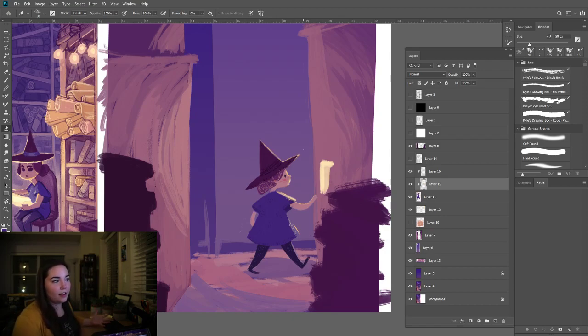Like this can take a day or it could be years of buildup of just your favorite work in this world. And you dissect it. You take it apart. You put it in a PDF and just mark out what you love about it and why you love it. So it could be mark making, it could be the textures, colors, values, any kind of principle of design that they use really well and you want to reflect in your work. And then you do some master studies of it,